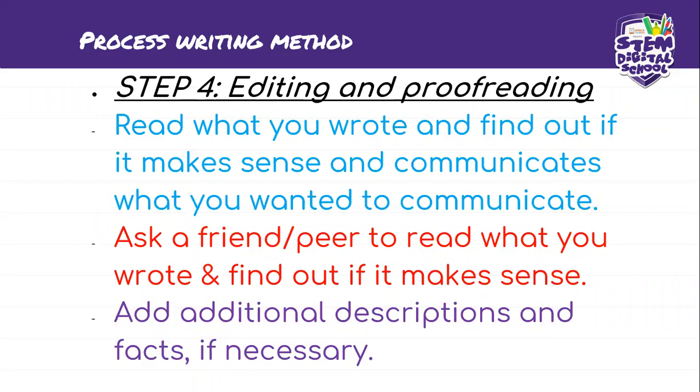And if your transactional text has paragraphs, it will be good for you to make sure that each paragraph has a topic sentence. Why? Because this will also help you when you read. If you have written 5 paragraphs and each has a topic sentence, from the topic sentence of paragraph 1 you know that paragraph 1 is about the color red, paragraph 2 is about green, paragraph 3 is about blue. It really makes things easier for you and also for whoever will be reading what you are writing.